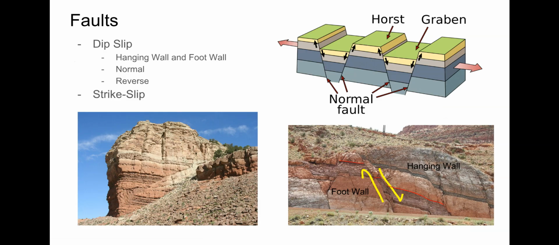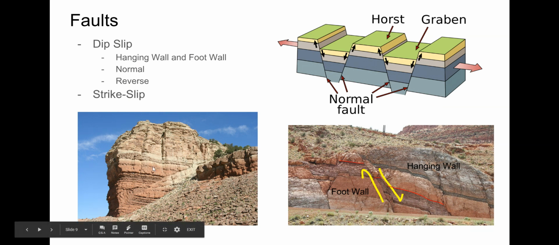So faults come in several varieties as well. We have dip-slip faults, which are mainly normal and reverse. There's also thrust, which is a form of reverse fault that's really high angle. This is a thrust fault here. This is a normal fault, and you can see I've drawn arrows in for relative motion, and at least drawn one bed in, so you can see where the rock's been pulled apart this direction and this direction through tensional